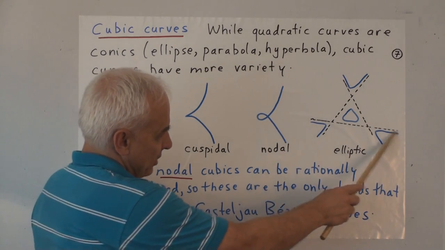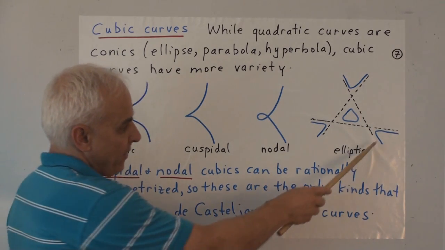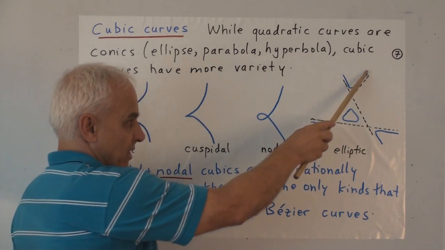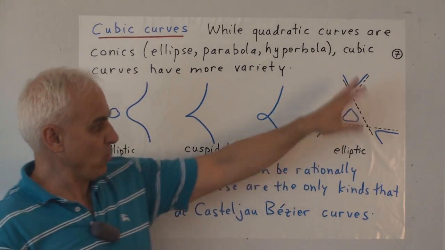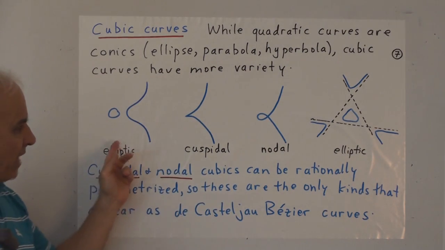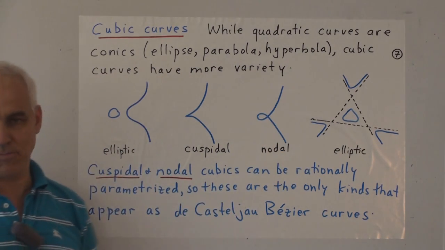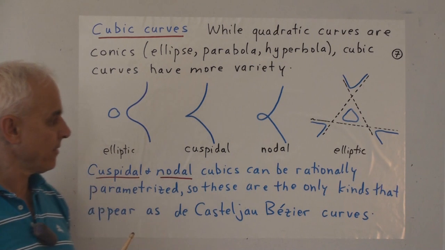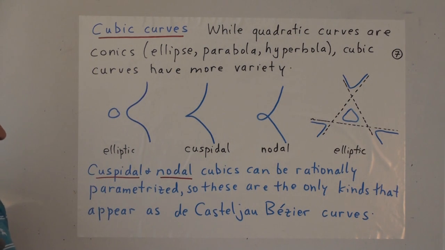So this one here connects with this one at infinity, and this one connects with this one at infinity, and this one connects with this one at infinity. So there really is only one other branch beside this little blob. So it's really not that much different from this one if you think projectively. Don't worry if that didn't make too much sense.